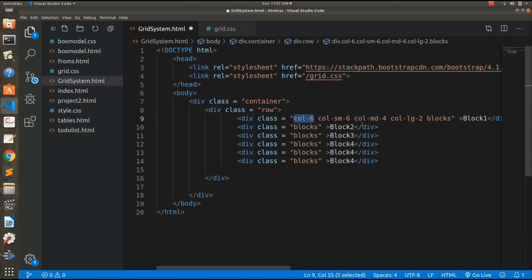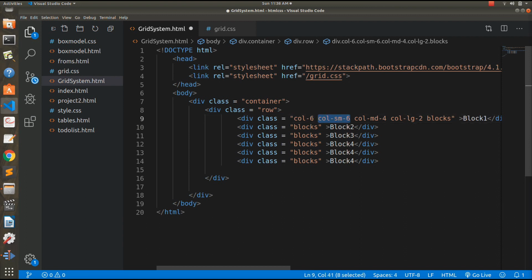So one thing I would like to mention here is that when we write this col 6 here, we don't need to write col small 6 here, because the meaning of this class is that it applies for extra small size and above sizes, until the size is changed. Now see, we have given here the partition size is 6, and in small also the partition size is 6.